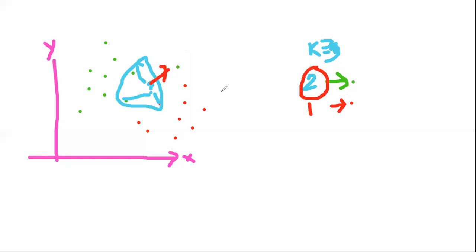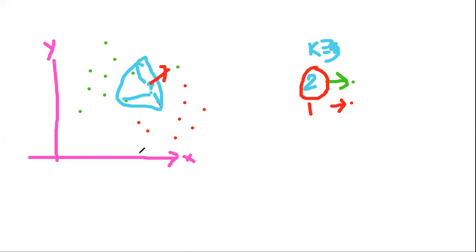In this algorithm, we need to specify the k value. Based on this k value, it will form a circle with nearby points. In this example, I specified 3 nearby points. Whichever category has more points, I consider the new point as that category. If you say k equals 5, it will form a circle with the 5 nearest points, and based on how many points belong to which category, we will say which category the new point belongs to.